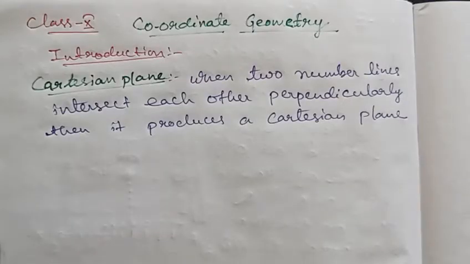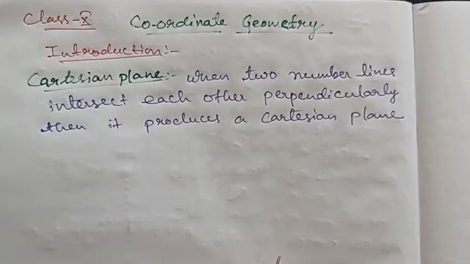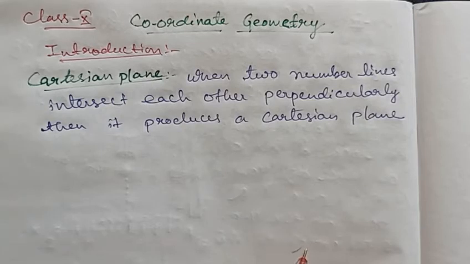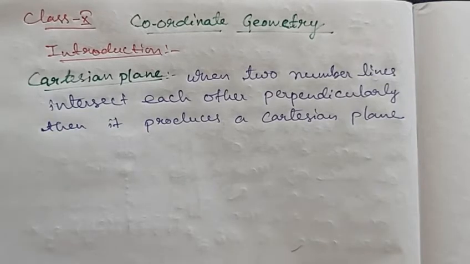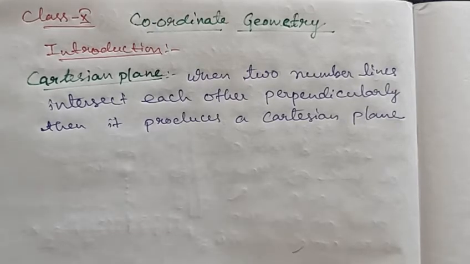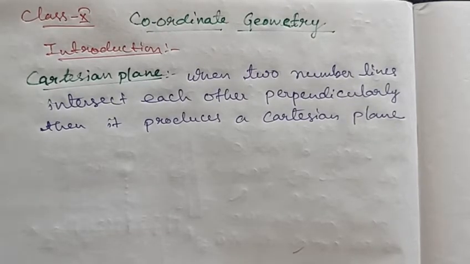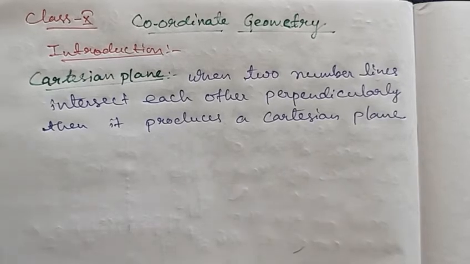Today I am going to start coordinate geometry of NCERT class 10th. In this chapter so many things are there which we have to discuss. We will get around with so many formulas. First of all I will teach you all the basic things which you have studied in your previous class. From there we will start and we will continue to the topic of 10th class coordinate geometry. And all the formulas, everything I will explain in detail. So I am going to start the introduction part.